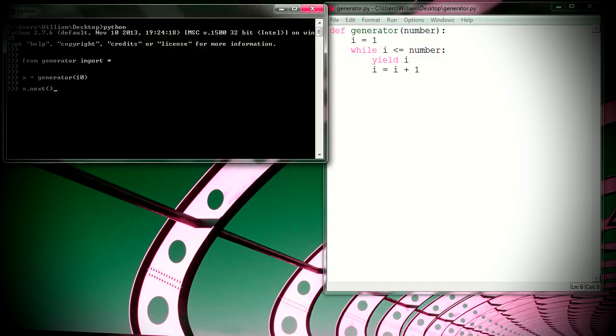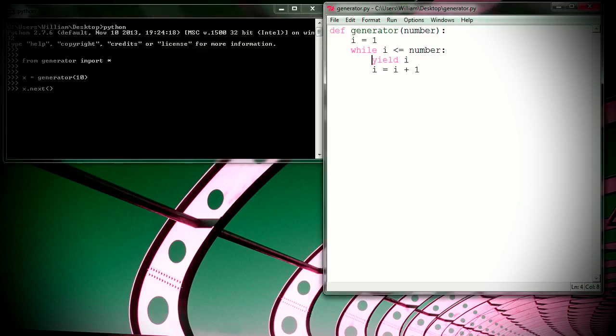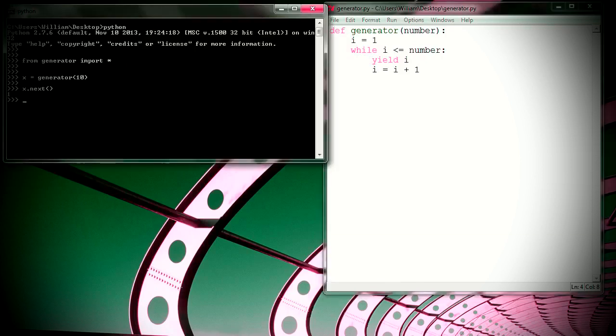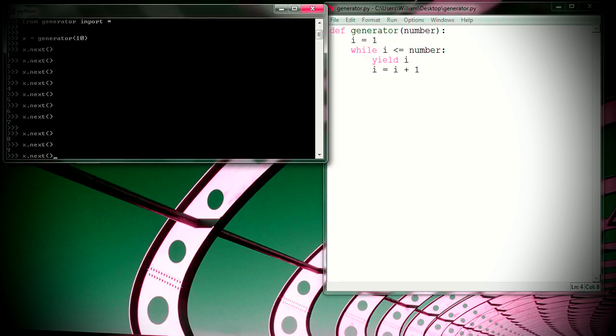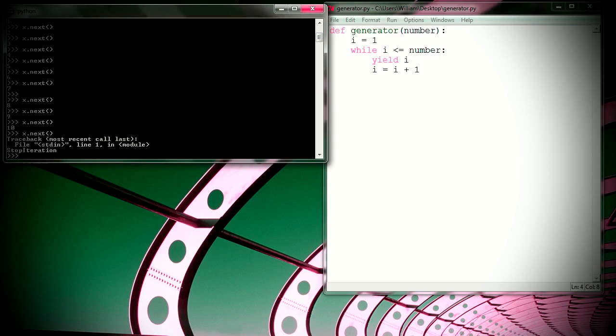Now I'm waiting here, just before the yield, and when I execute that command, it's going to execute the next bit of code after the yield and take me all the way back to yield again. So there it goes, it's yielded 1, and if I do it again and again and again, I get all the values until this condition is no longer true, and that is now, and it yields a